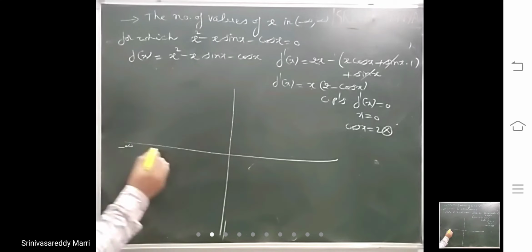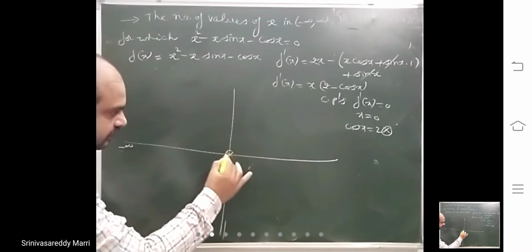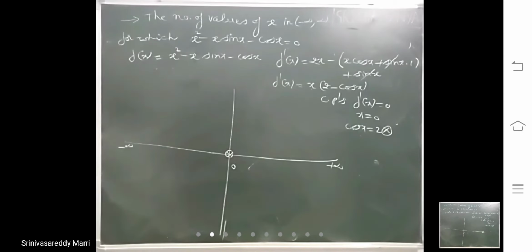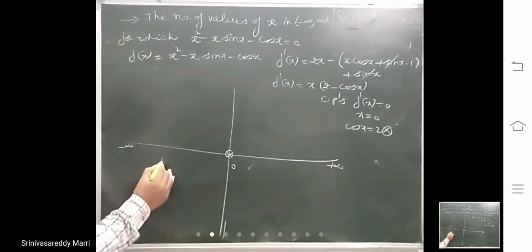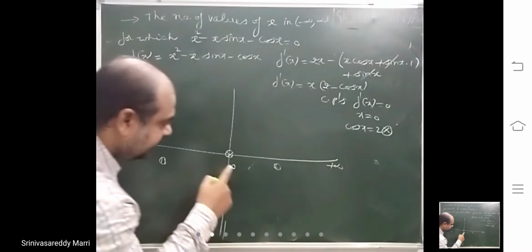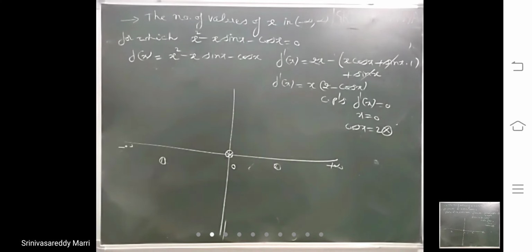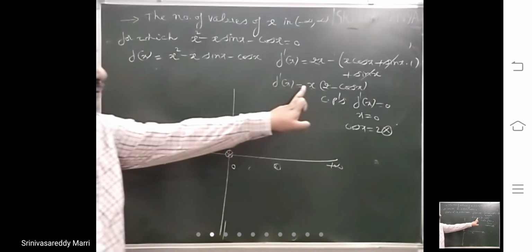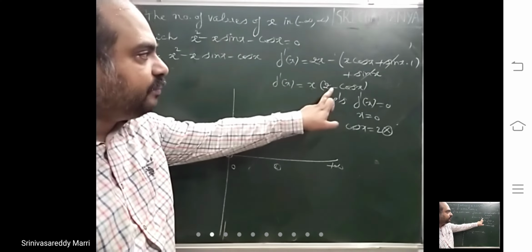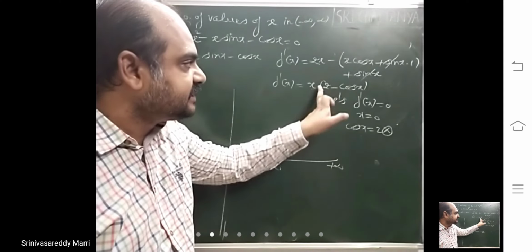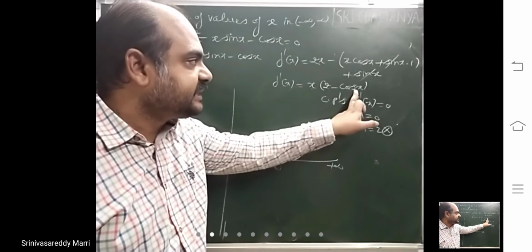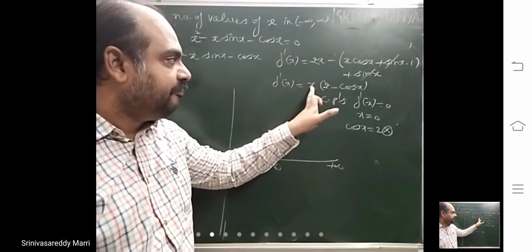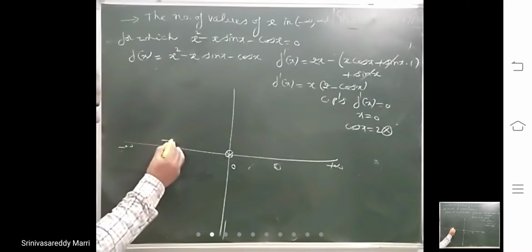Minus infinity, mark the critical point 0, plus infinity. Look at here, this is f dash x, this is the first interval, this is the second interval. In this interval, whether f dash x is positive or negative? Look at x less than 0, say minus 1. You substitute, this is minus 1, 2 minus cos minus 1, this is always positive. 2 minus cos x, the maximum value of cos x is 1 only, so 2 minus cos x will always be positive, minus 1 means this is negative, right?